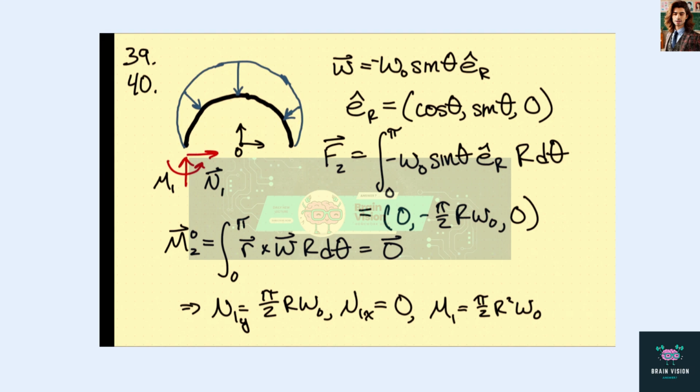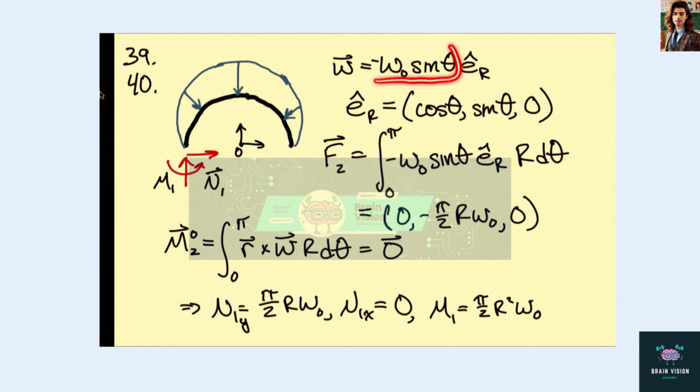So I'm going to look at problems 39 and 40 together because they look at the same structure and just want to look at internal forces at two different points. So we have a semicircular rod like this. It's clamped at this end and it's free over here. And then we have a load here that varies like